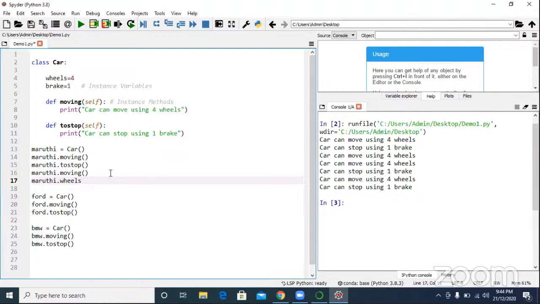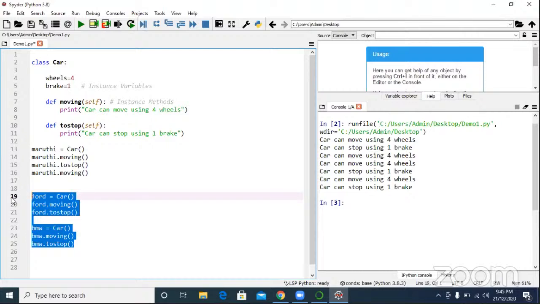Maruti dot wheels equal to 10. Why not? You can access. If you have object, you can access. If you don't have object, you cannot access. Are you getting? Any doubt? Got it now? Yeah, good.